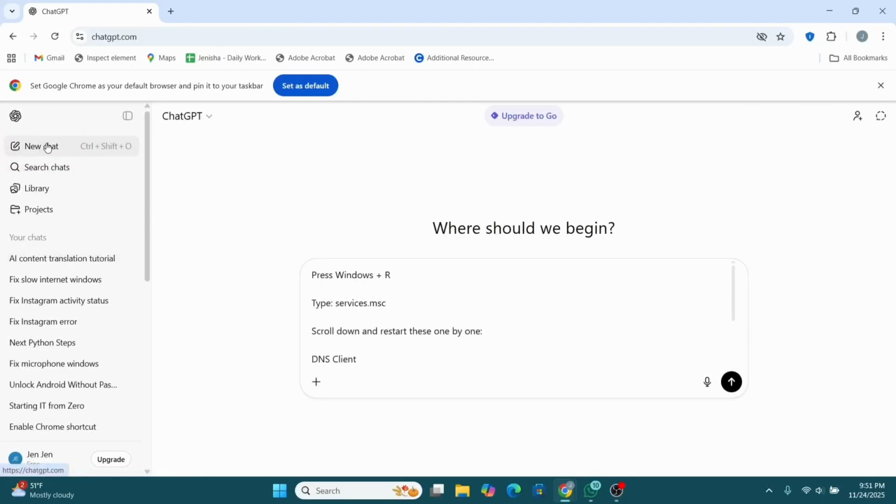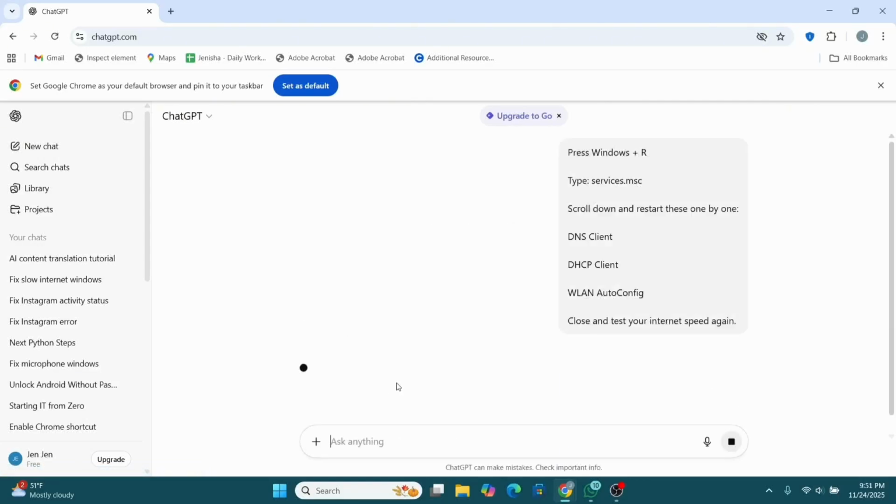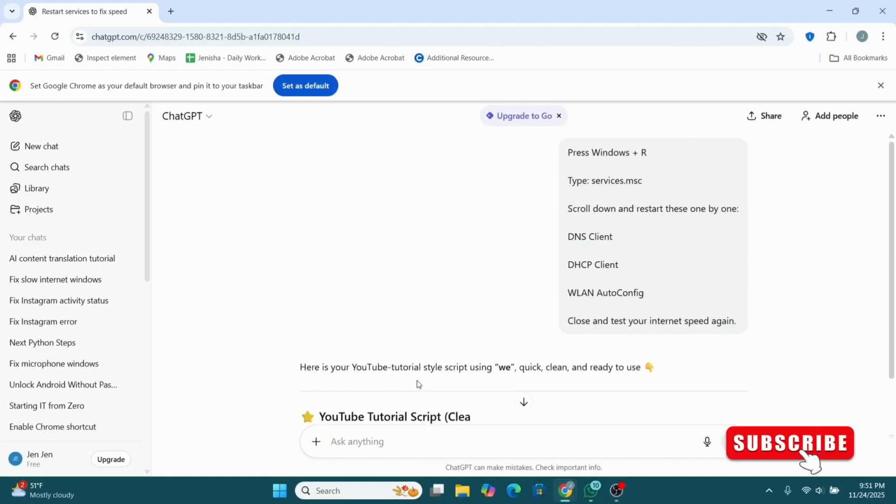So once you paste up your content that you want to translate, you need to tell the AI the language that you want. So if you want to translate it into any other language, right after you type in your content, you can just go over and type in translate into Hindi, Spanish, or any other language, or you can type in translate into 100 plus languages in a list format. So we're going to type in translate into 100 plus languages in script format or list format. So let's go ahead and do it in list format